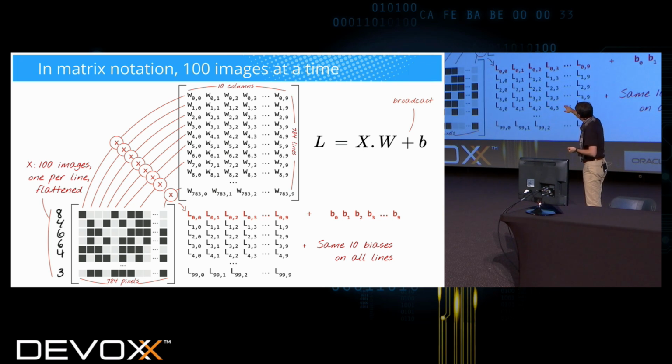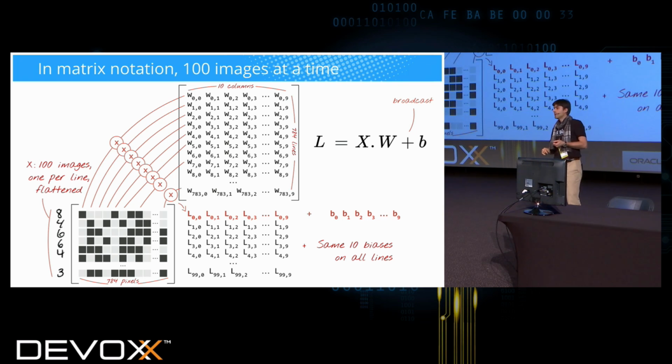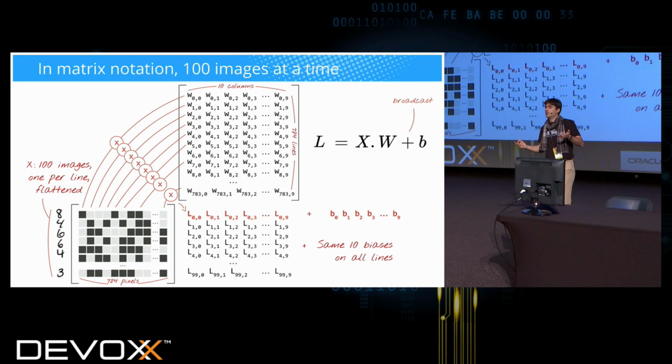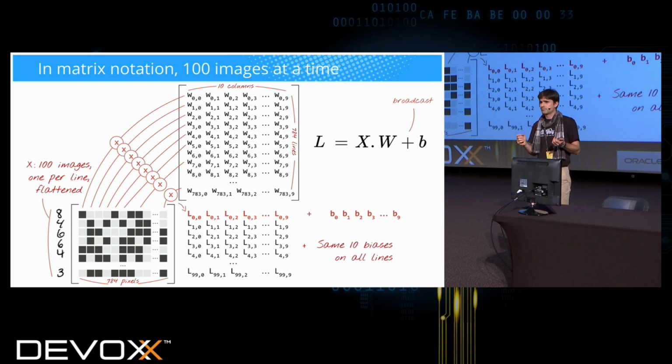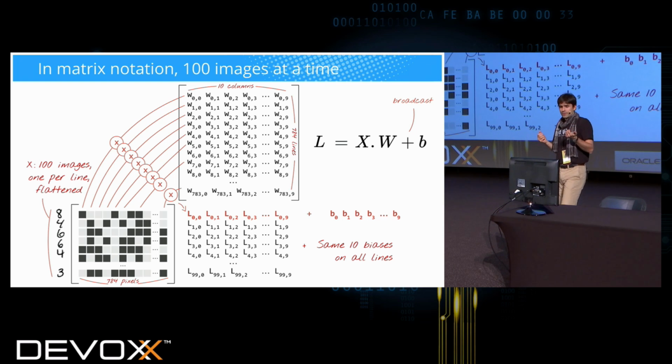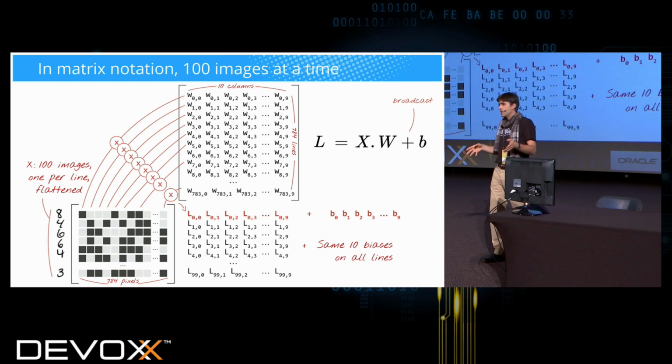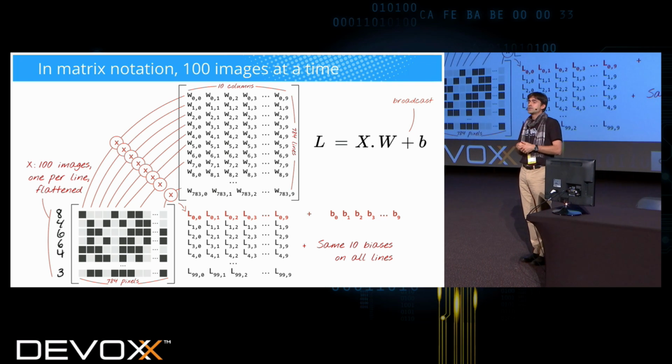That's 100 lines and 10 columns. B is just 10 values. I can't add those two together. The shapes don't match. Well, the standard solution in Python and NumPy, which is the scientific computation library in Python,